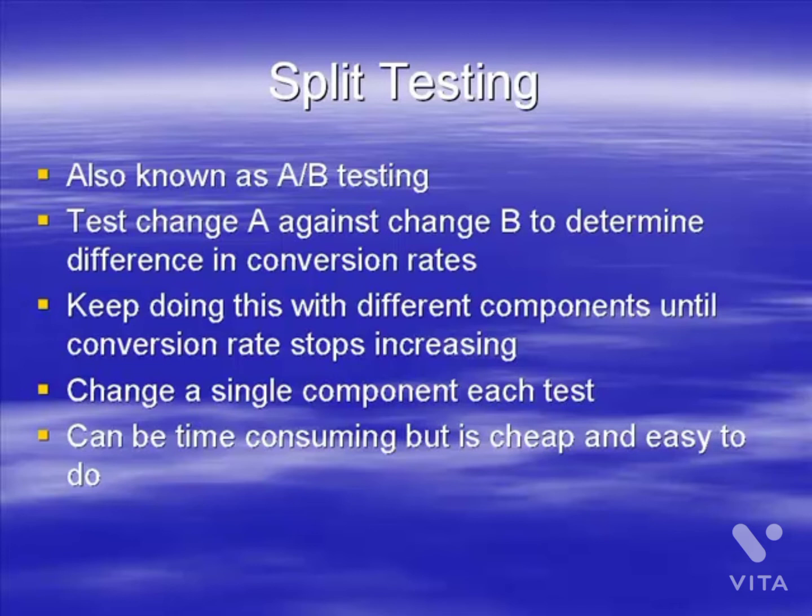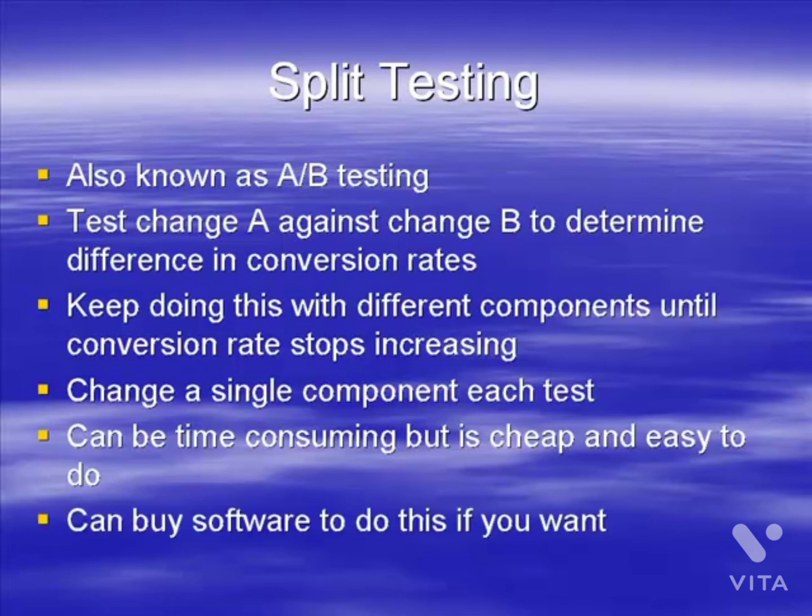But you can buy software tools, and the software tools will quite often keep track of the results for you, which is obviously going to be a bit helpful. You can buy the software, but you don't need to. As I said, you can either use some simple PHP code, PHP includes, and then go into AW stats, which we'll talk about later on, and work out your conversion rate from that. Or you can purchase the software. It's up to you. Depends upon your programming skill. Depends upon your budget as well. Software will vary anything from sort of $30–40 upwards, up to sort of $100–150 for really good split testing software. But split testing is a little bit on the slow side.